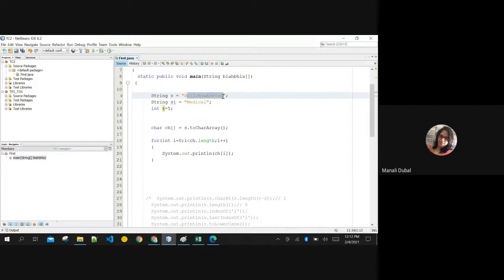You want to communicate this message with your friend in some encrypted form, and that encrypted form has the key 5. You are giving just the key to your friend. How will you encrypt this message? You will add 5 to the ASCII value of this, 5 to this, 5 to this. You are changing the ASCII value. Whatever character comes after adding to the ASCII value, that is the string that you share with your friend, and he will decode it by subtracting 5.